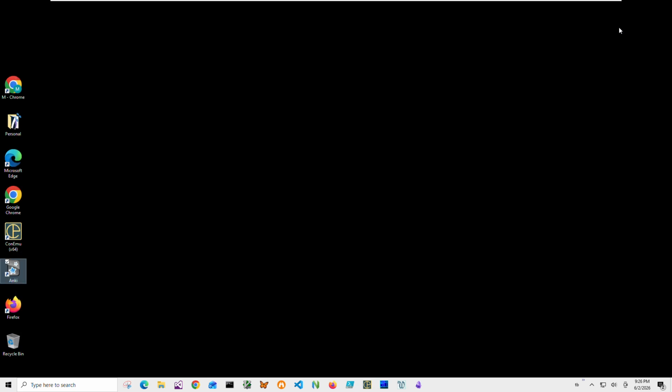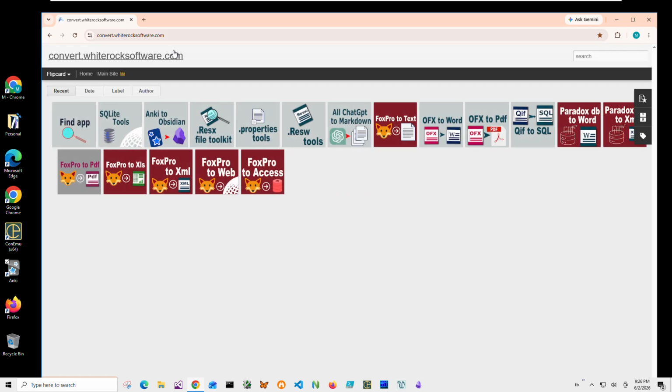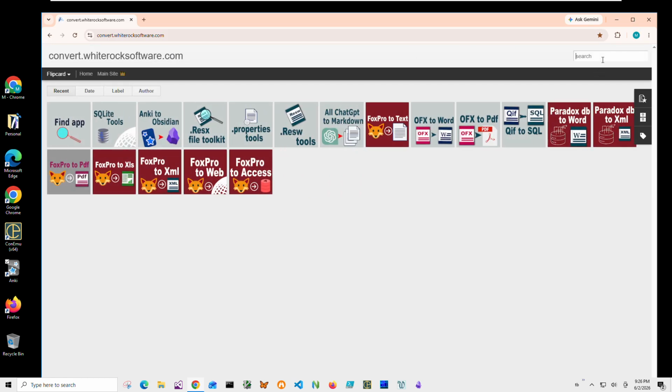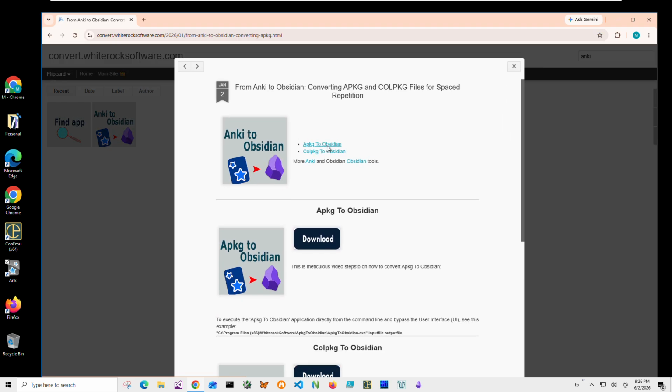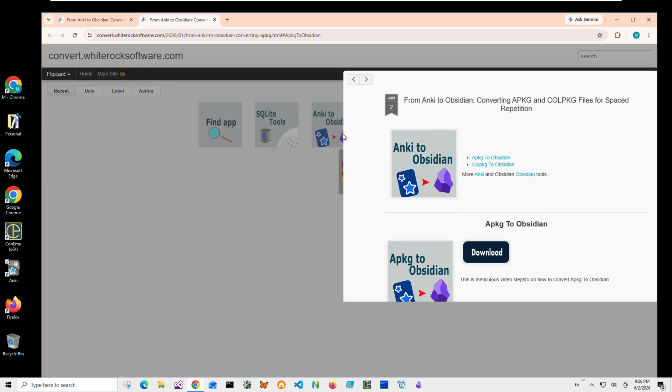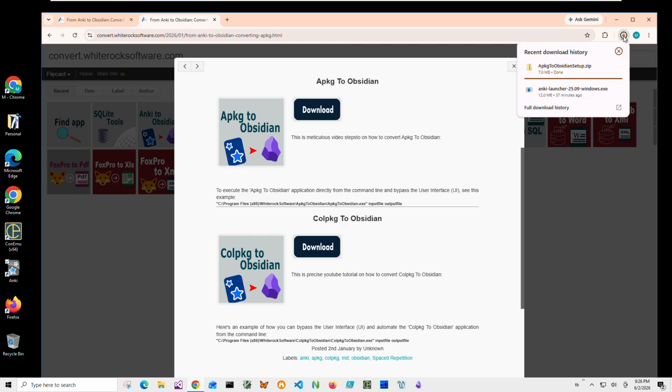Okay, then I'll download and install a converter from this website. I will link the site in the description. To find the converter, I'll click on the section type Anki to Obsidian, click APKG to Obsidian, click on download, and wait until the archive is downloaded to my computer. Click on the downloaded archive,